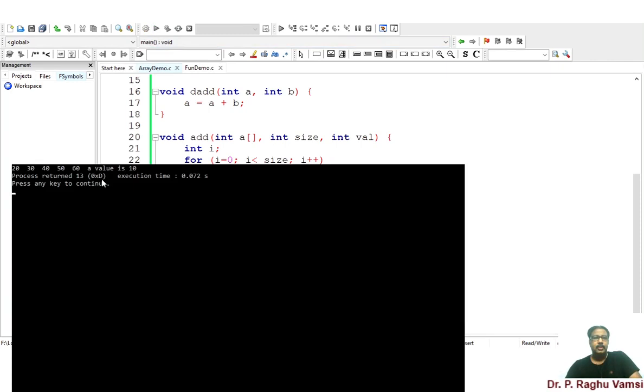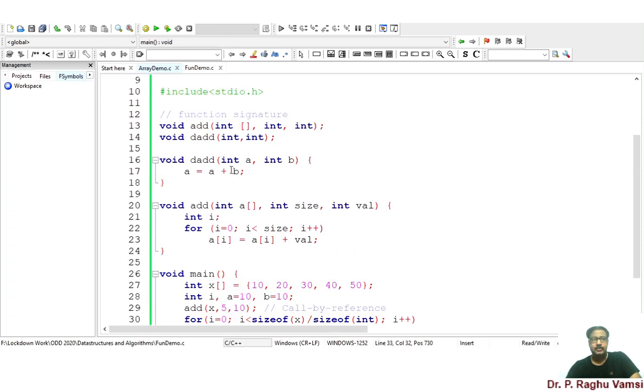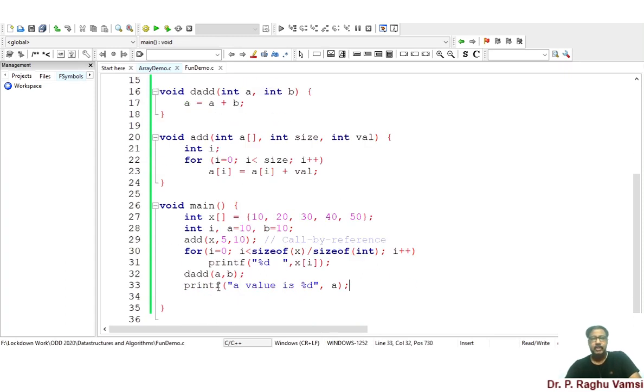Well, a value is 10. So here we got the output as a value is 10. But as per our expectation, a is equal to a plus b means the parameters that I have passed, a is 10 and b is 10, so a must be 20. But what we got here is 10. The reason is,